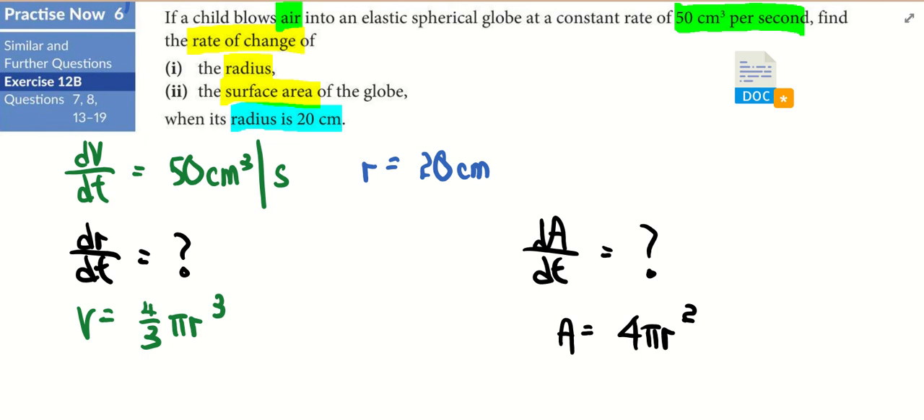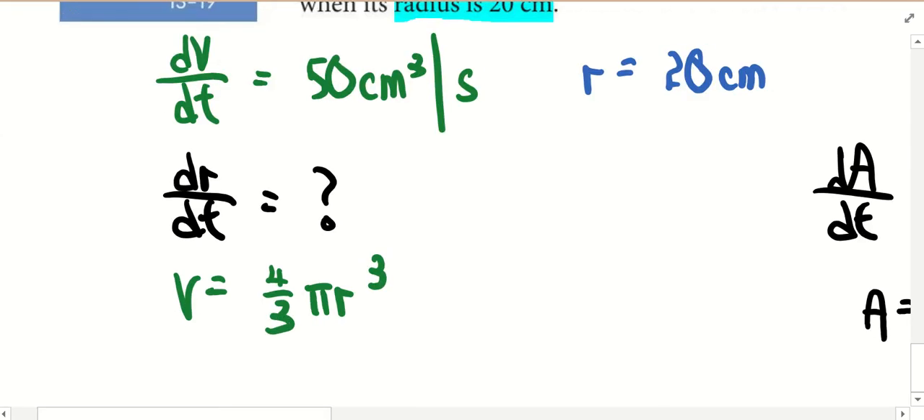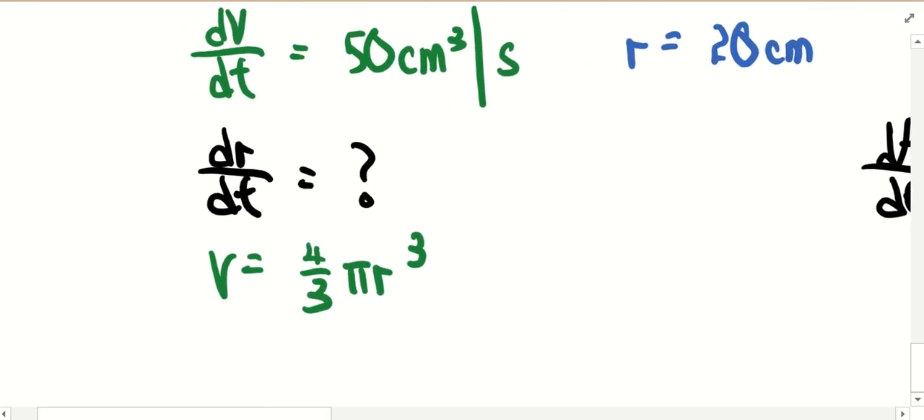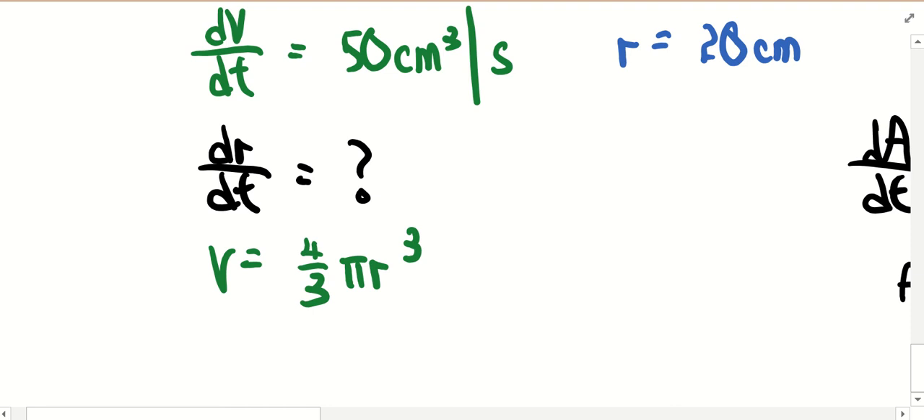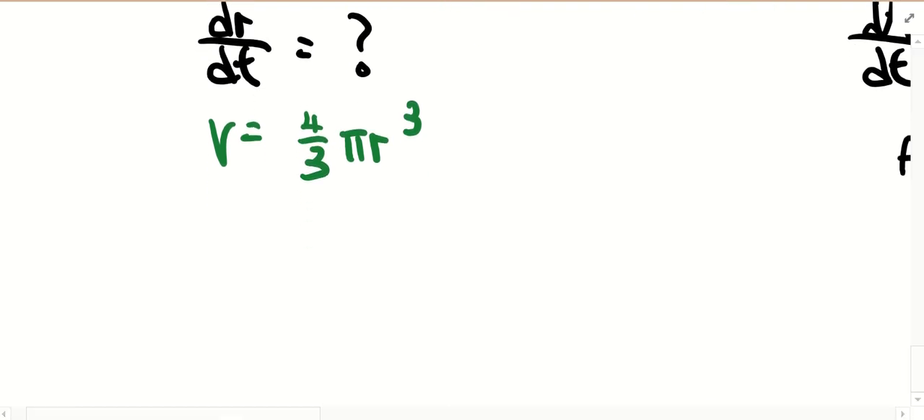So I'm going to zoom in into two parts. First part. This is my first part. If the volume formula is given, what must I do to the volume formula? Differentiate. Volume with respect to, what's the unknown here? R. So if I differentiate now,